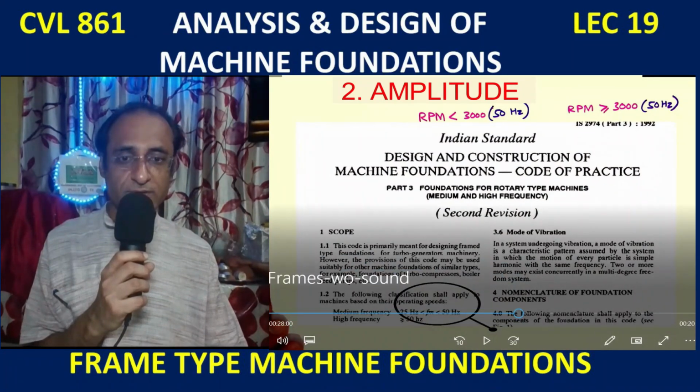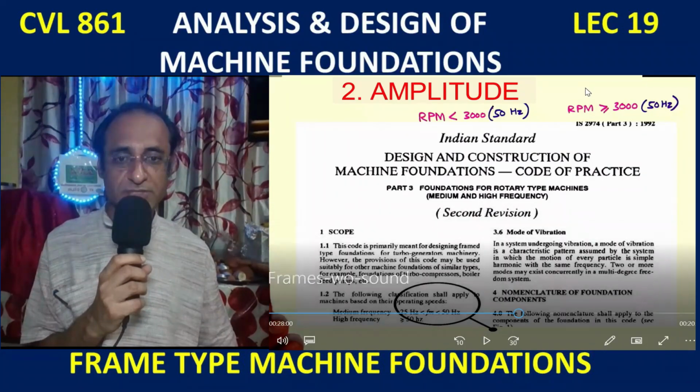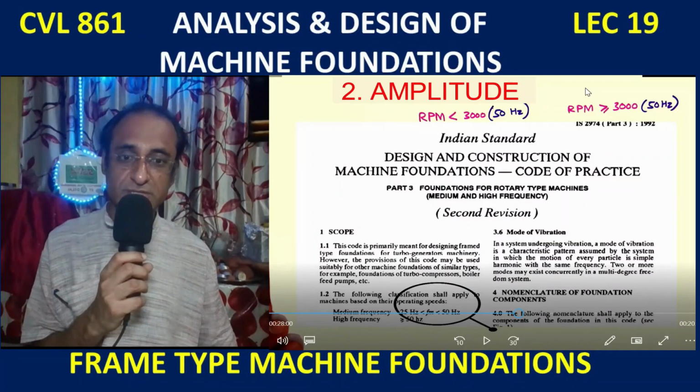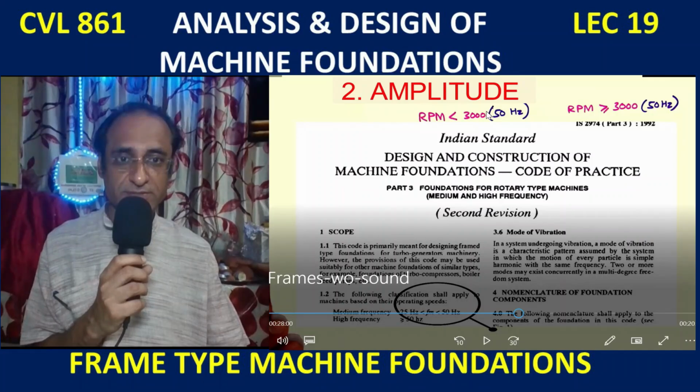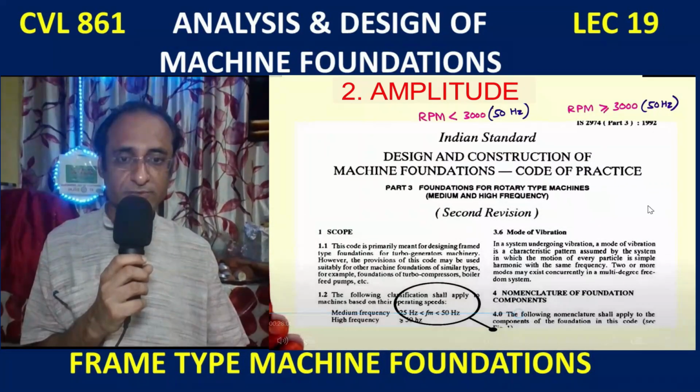Machines which are less than 25 Hertz are low frequency machines, the ones which are between 25 and 50 are medium frequency machines, and the ones which are greater than 50 Hertz are high frequency machines. So accordingly the requirements are different. Continuing further,